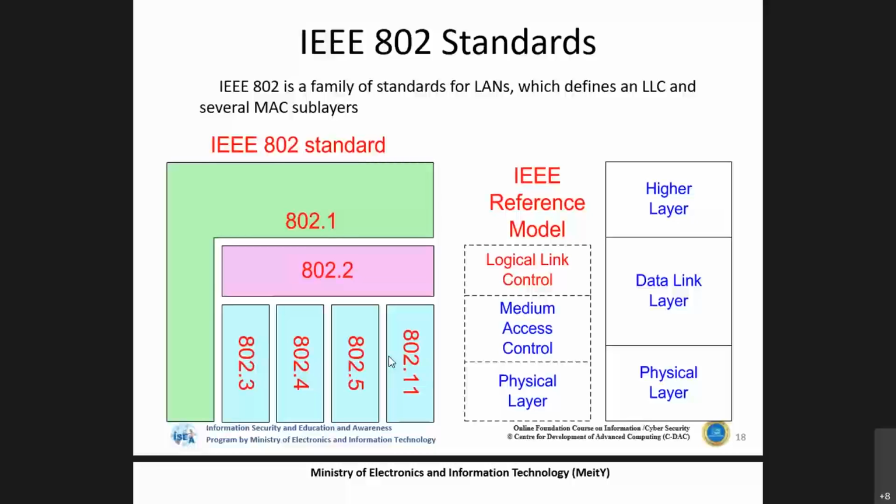Not only Ethernet, because mostly we are using Ethernet, but there are other kinds of protocols in this, like token ring or bridging. So there are different kinds of protocols also used with respect to the 802 or the physical standard. But the current standard which we are going to discuss in this session is the Ethernet standard.